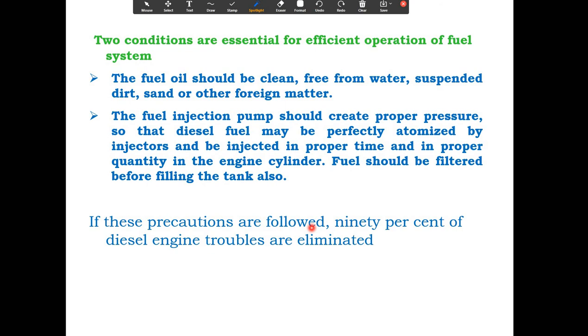So two conditions are essential for efficient operation of the fuel system. First, the fuel oil should be clean or free from water, suspended dirt, sand, and other foreign matter. Second, the fuel injection pump should create the proper pressure so that the diesel fuel may be